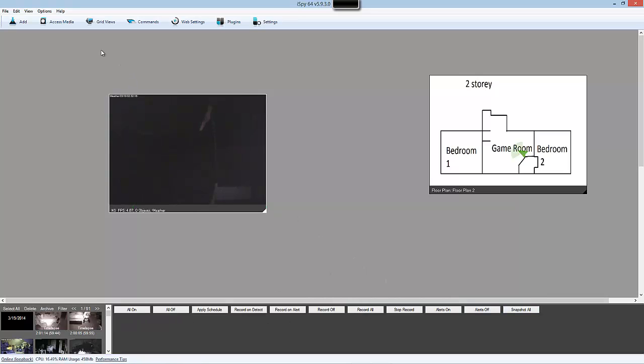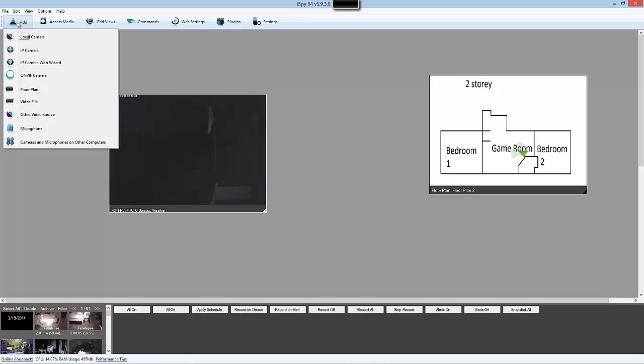Now, what you're looking at is obviously your control area and a window to view things. I have more than this, but this is just the one I feel safe to show. You've got your video recordings here, and your master control over all your cameras here, and that's pretty much it. So how do you add things? You can add microphones, cameras and whatnot, but I'm going to focus on cameras for this video,